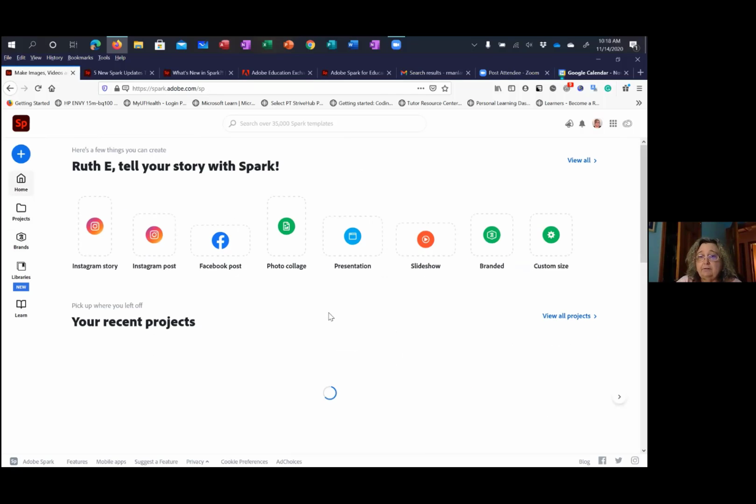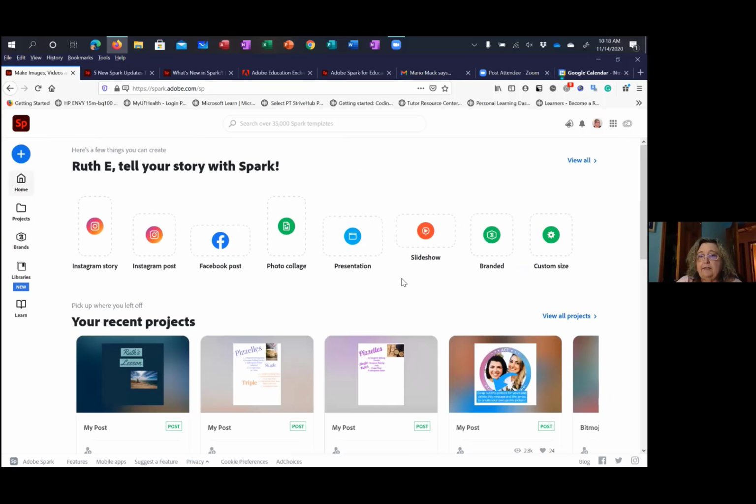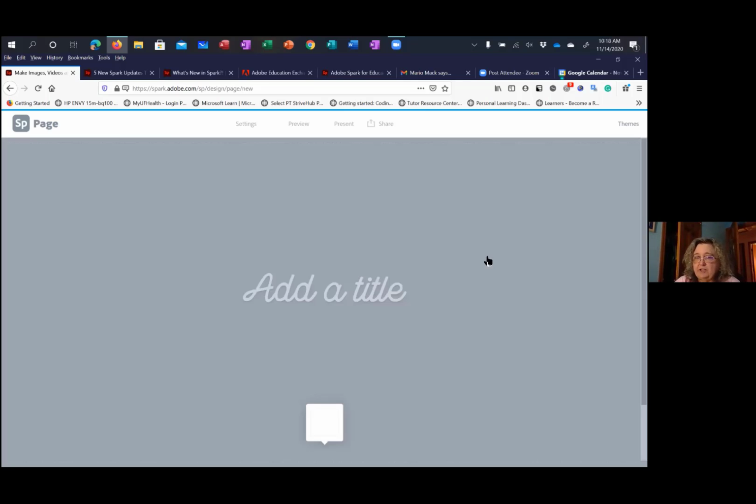I've noticed lately too that they've added presentations and slideshows. So now they can do presentations and slideshows in these. Notice underneath this says web page. So this now moves into the web page portion. So in the web page portion, they can do slideshows. So now I'm going to add,